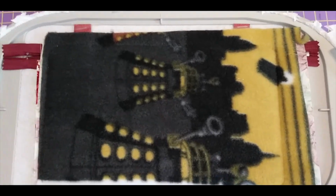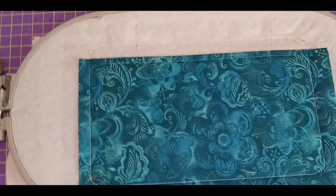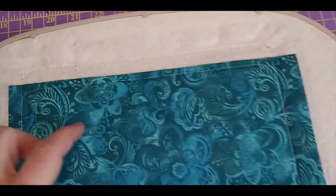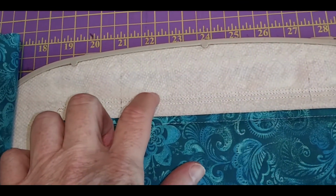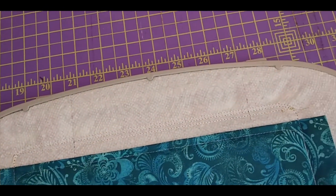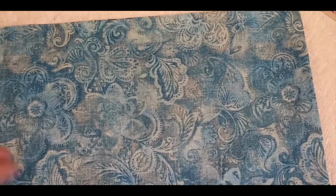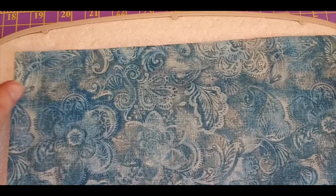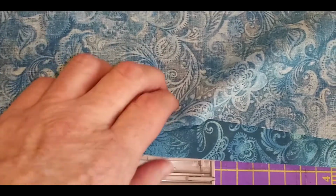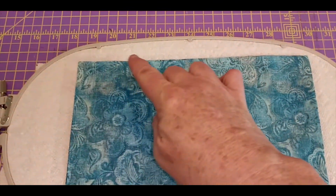And now the very last step, number 11, is to turn the hoop over and take your last piece of lining fabric and place it face down, and make sure that you cover at least a 1/4 inch above this last exterior line here. So let's take it and, all right, let's make sure, oh yes, it's way above that. It's below the bottom stitch line, and it's going to stitch around the top again,